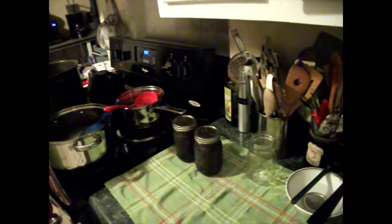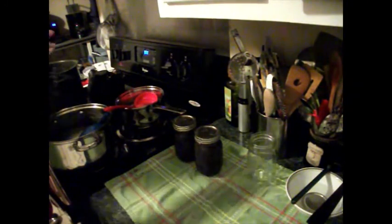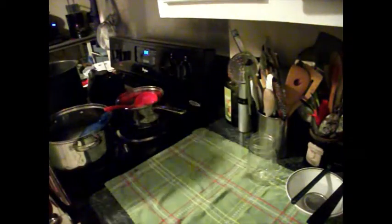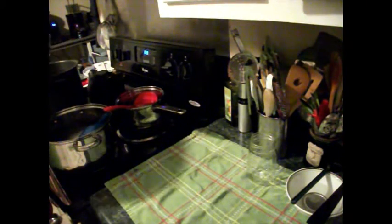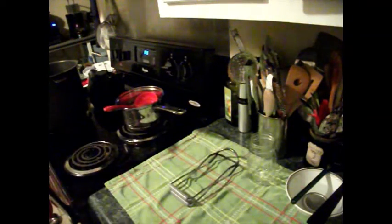Now, I am going to put that one jar over there. I'm just going to put some water in it and stick it in the canner. Actually, no, I'm not. I'm not going to do that. I don't usually do that, and I'm not going to do it. Alright, so now,